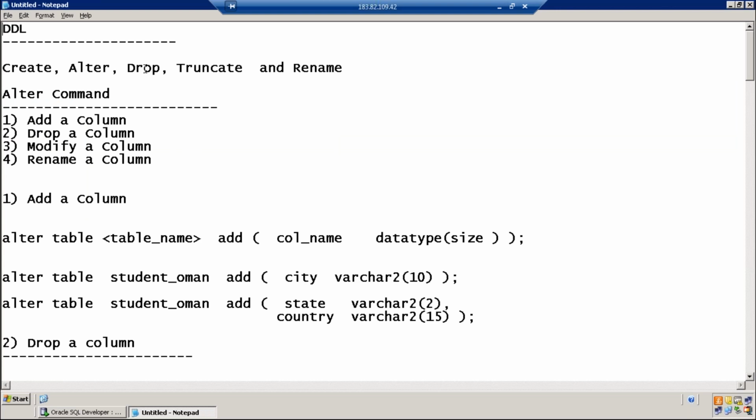So we are done with drop. We are done with truncate. Let us learn rename. We already have learned rename, which is part of the alter command. Using rename, we have changed the column name S number to roll number. This rename is completely changing the table name.